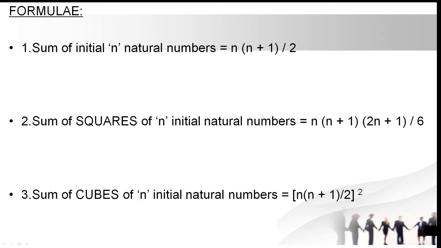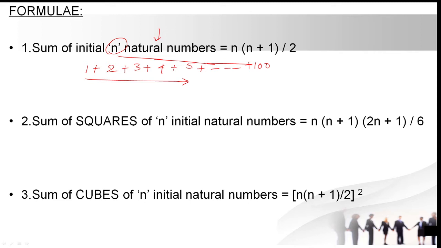The first one is the sum of n natural numbers. What do you mean by natural numbers? Like 1, 2, 3, 4, 5, like that. We need to add these numbers. This is simple, right? Actually this is simple. Why? Because we have only 5 numbers. So the answer is 15, we can say directly. But in the case of big numbers, like if we need to find the sum of the first 100 numbers, in this case we need some time to calculate.